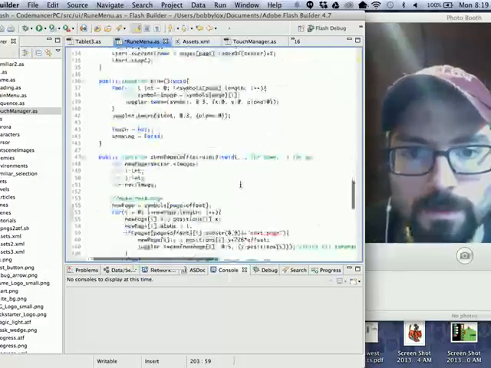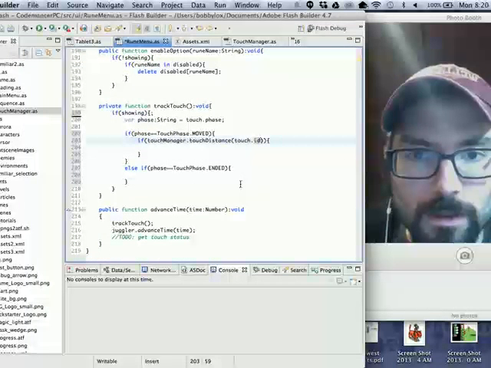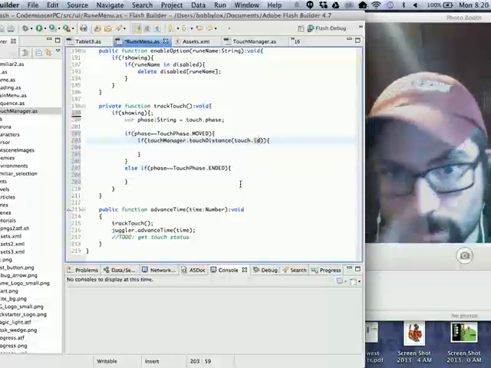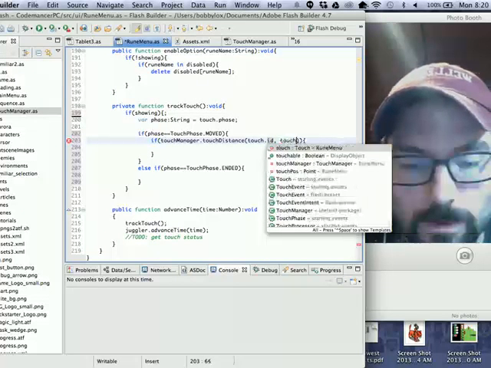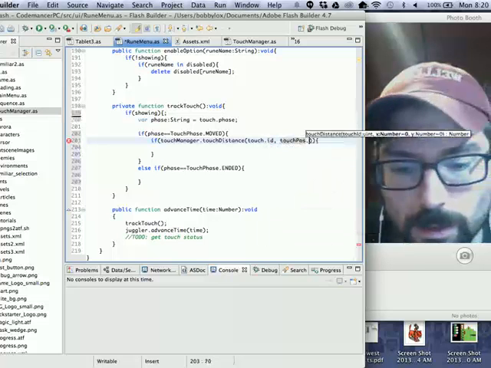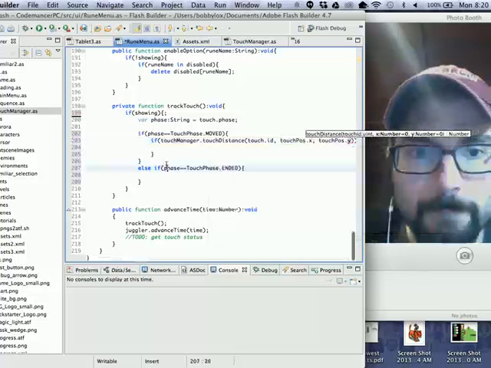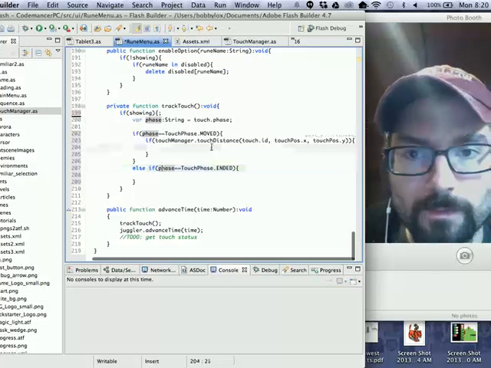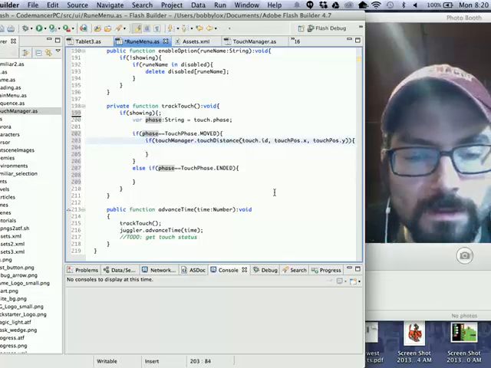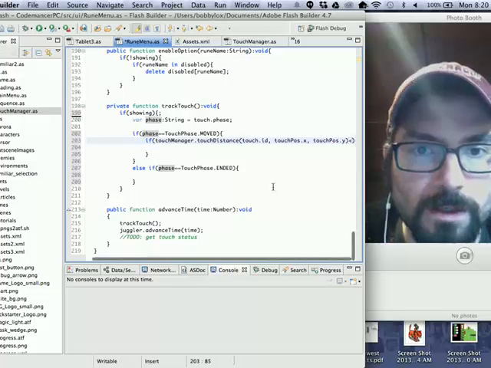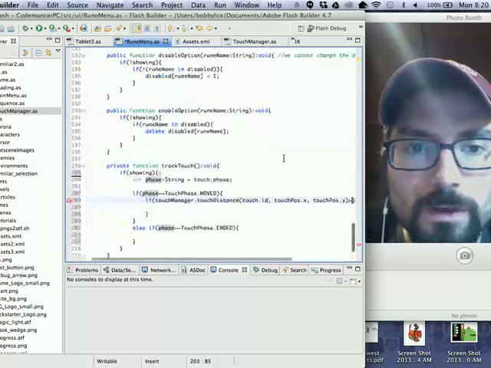Oh, never mind. I'm not storing that anymore. Nice. Okay. Touch ID, and then touch pos.x, pos.y. And then, so if this distance is less than, is greater than,